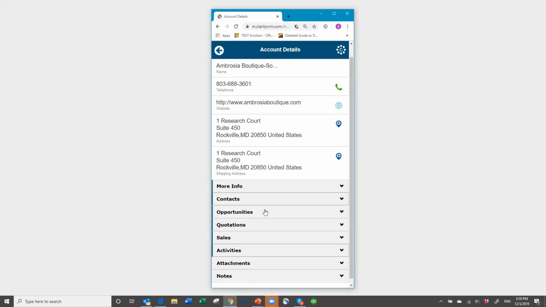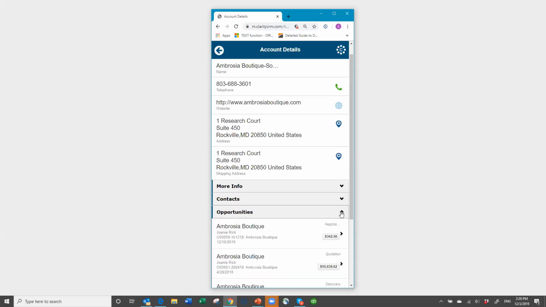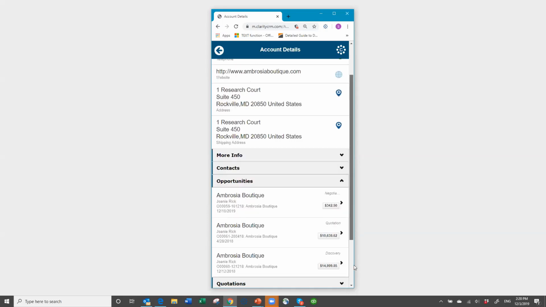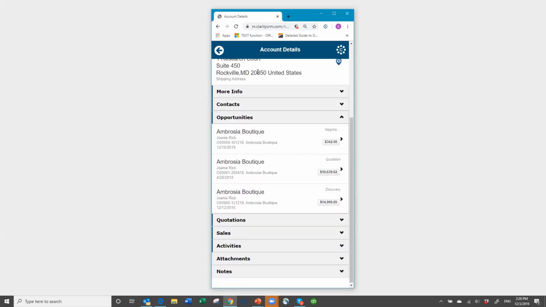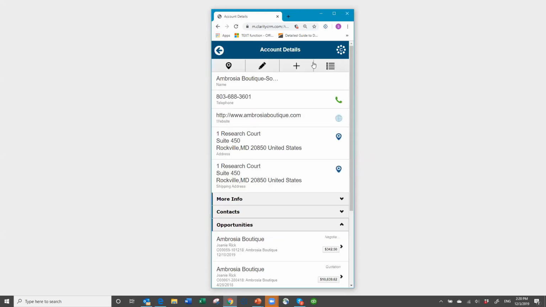in Claritysoft Live, and instead of being horizontal, they're vertical. So you just simply click on them to expand, and then you will see all of the records associated with this one particular account. And then you can go to the record if you want to, the same as in Claritysoft Live. So it's very quick and easy. All right, so, and then here,